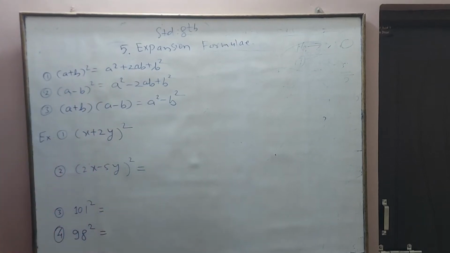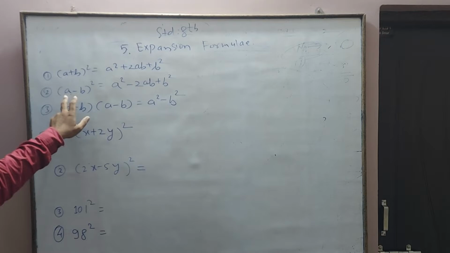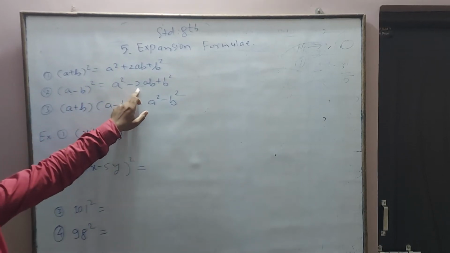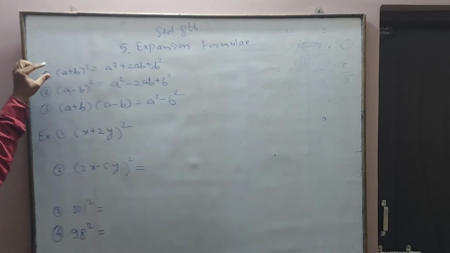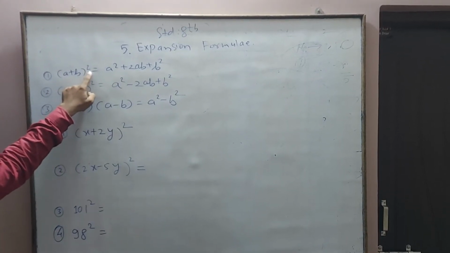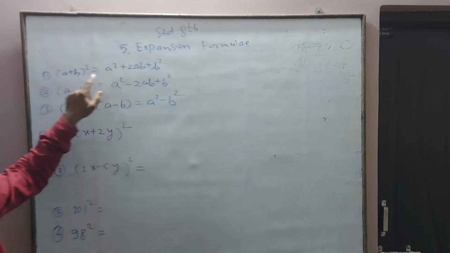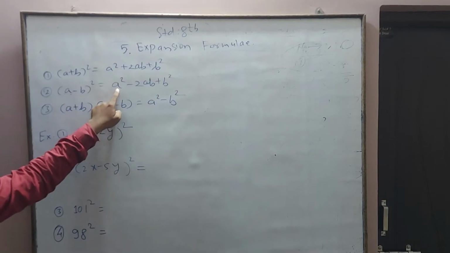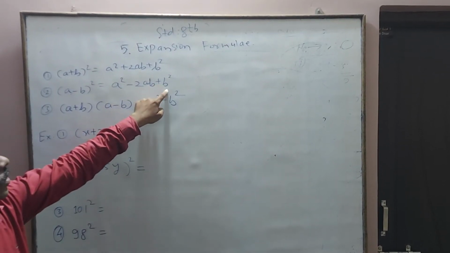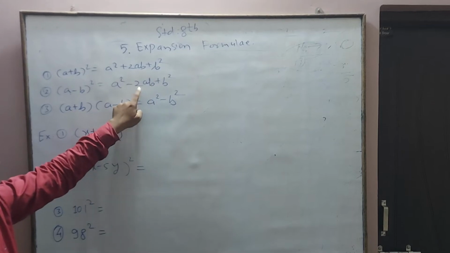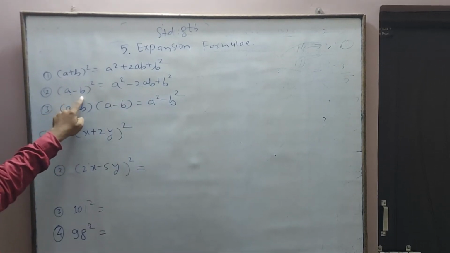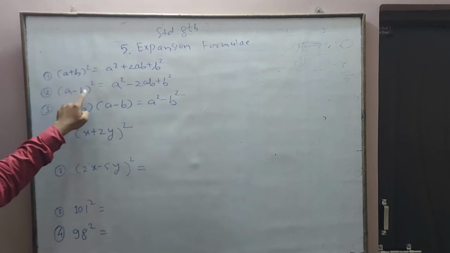second term square. Similarly, (a minus b) whole square is equal to a square minus twice ab plus b square. See here, (a plus b) whole square, so all signs are positive, and here (a minus b) whole square, so here you see first term, middle term and third term, first, second, third, and this term is the middle term. So its sign is negative when there is subtraction of two numbers or variables and its square is there.